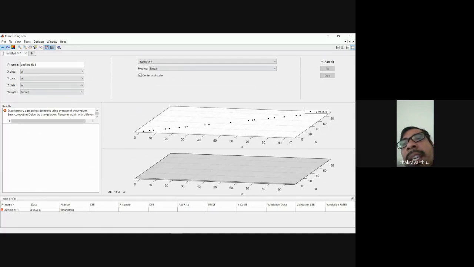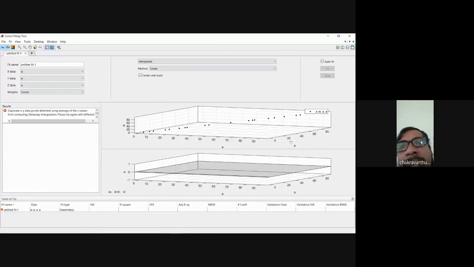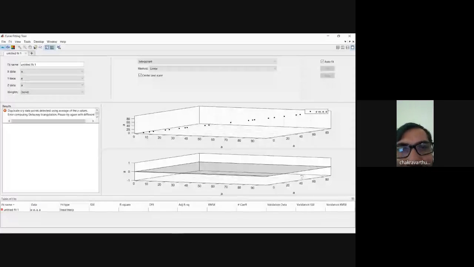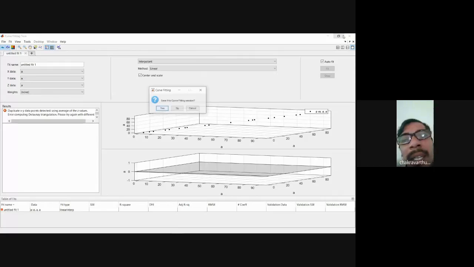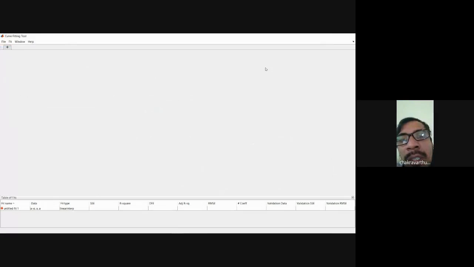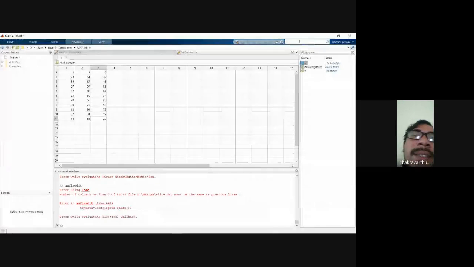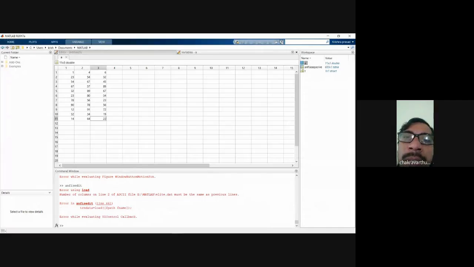So this is the way. There are many options available in curve fitting. Even if you have any doubt, we have a help command. Just go to the help command so that it will tell you how to input and how to incorporate things. In the same way, another app: if you go to the optimization app in the apps folder.